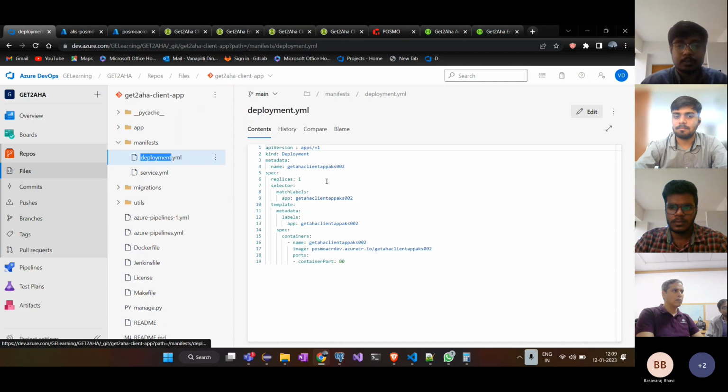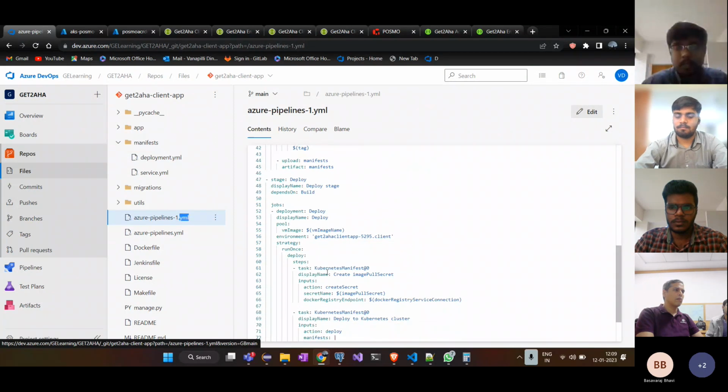where let me show you. It has the app name in it. This is the same name as we have defined it in our services of cluster, and this is the image that it is retrieving. So this link refers to the image that we have built in our previous stage, and